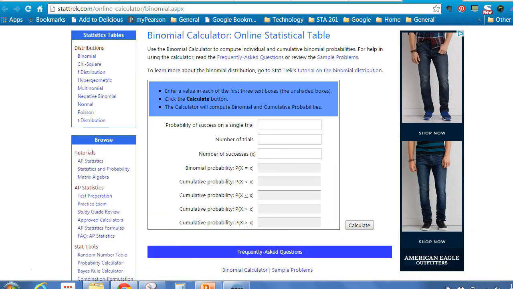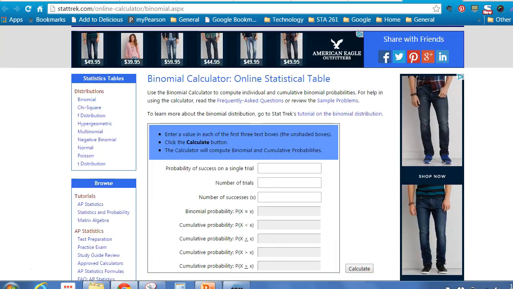And this brings us to the calculator page. If you look up here at the directions, it says use the binomial calculator to compute individual and cumulative binomial probabilities. It says enter a value in each of the first 3 boxes, then click on calculate. The calculator will compute binomial and cumulative probabilities. We're just going to look at the binomial probabilities, which is the first box underneath the 3 boxes you have